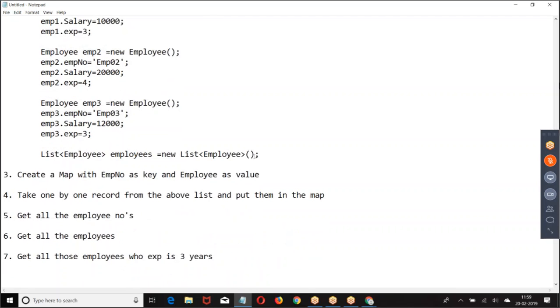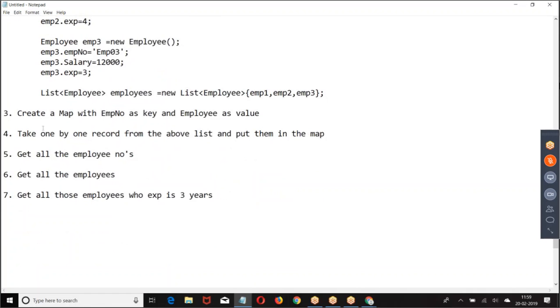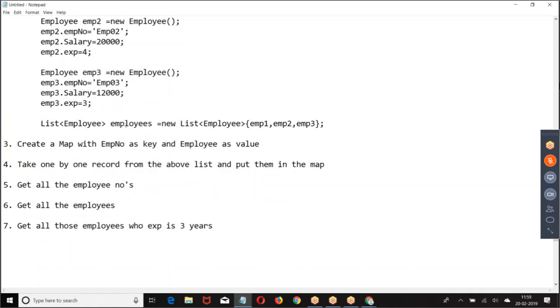This is what we got: EMP1, EMP2, EMP3. Then step number 3. Everyone is done with 1 and 2? Everyone is good with 1 and 2, right? Okay. Go to step number 3.